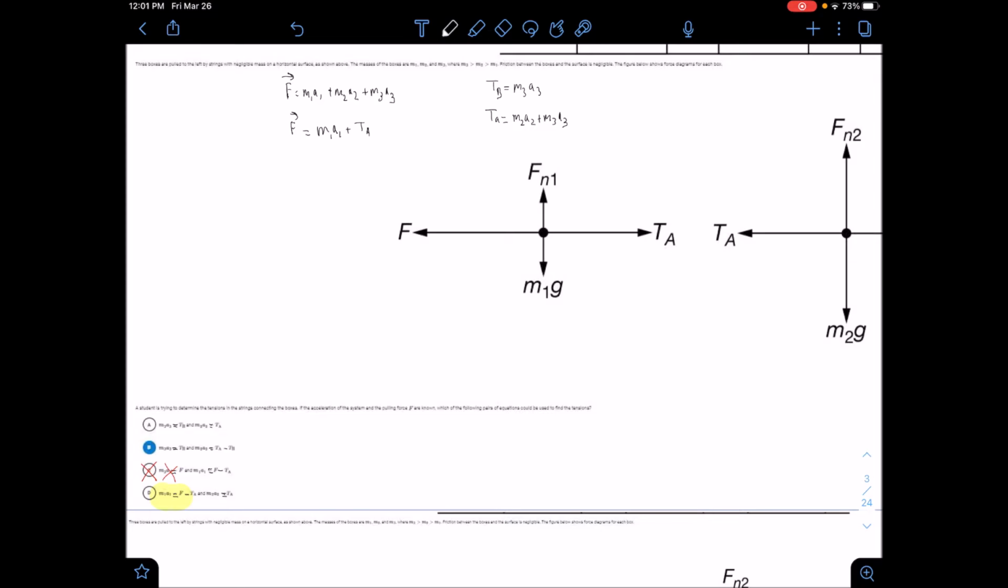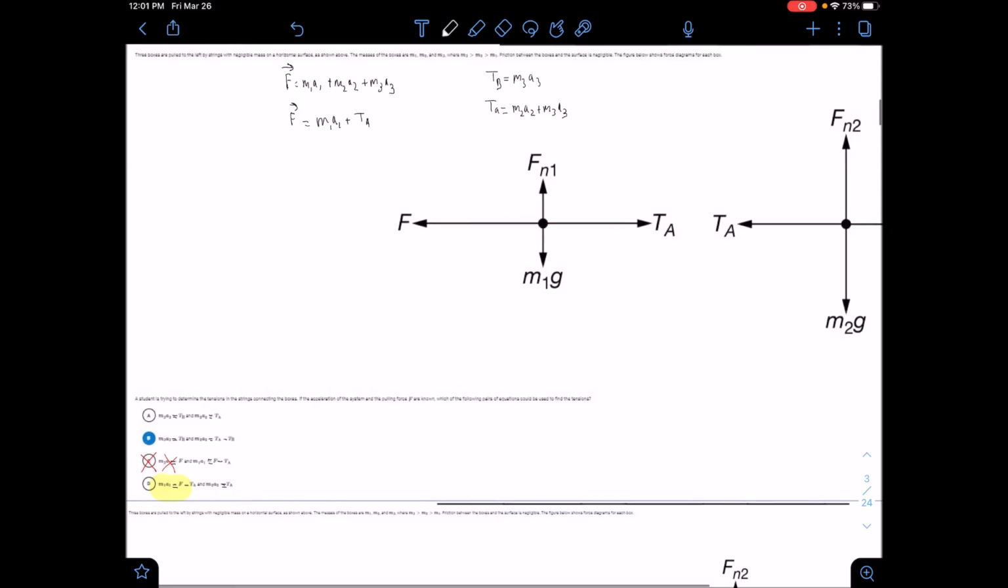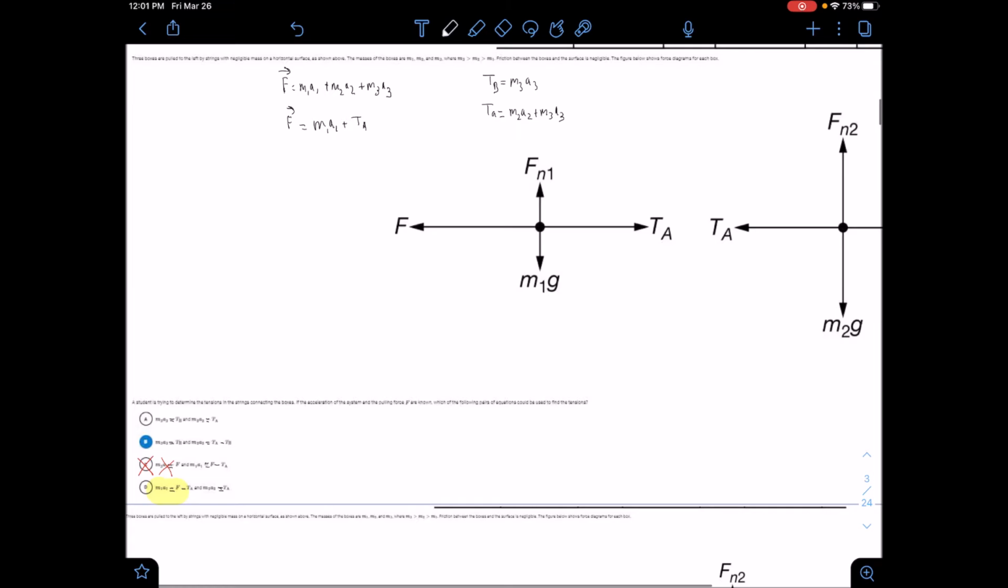So while looking at the answer choices, we see that it looks like they have manipulated some of the expressions to look a little bit different. So we can say that this is the same thing as M2A2 plus TB. Okay? Which is also the same thing as TA minus TB equals M2A2, or M2A2 equals TA minus TB. And so if we look at our answer choices, we immediately find that,